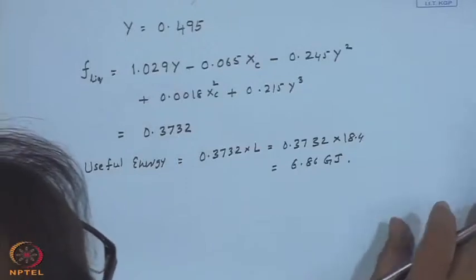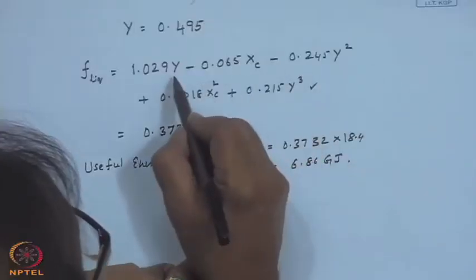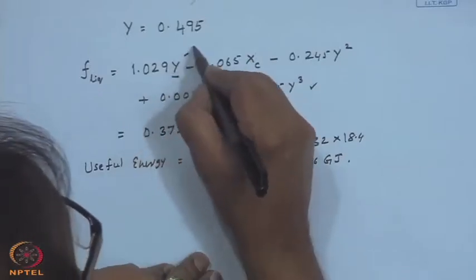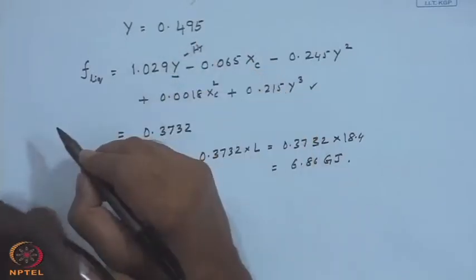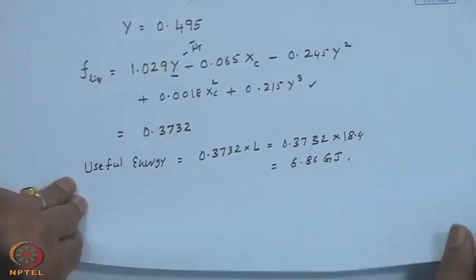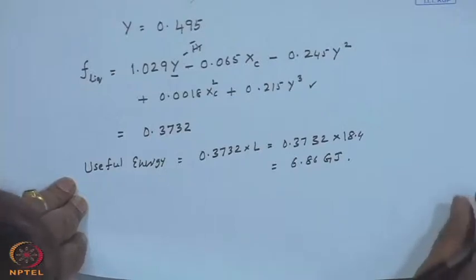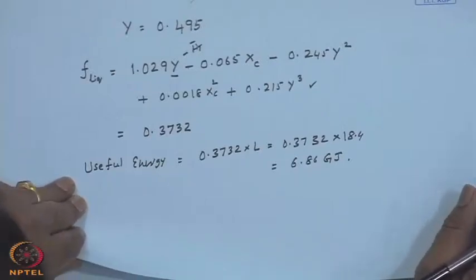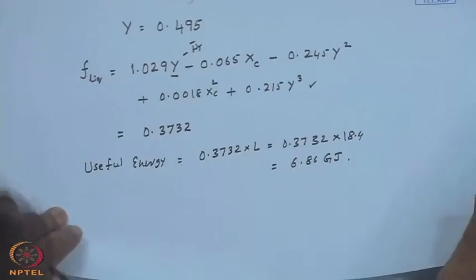Only variation is that we said that the standard storage is 75 liters. Instead of that, we have an actual storage of 125 liters per meter square of the collector area. So, the variable x has been corrected accordingly, and we applied the F chart correlation that required the calculation of y, which required basically h t bar out of the ones to be computed. Rest of them are all more or less known to us. So, you have got 6.86 gigajoules met out of the 18.4 gigajoules by the system of